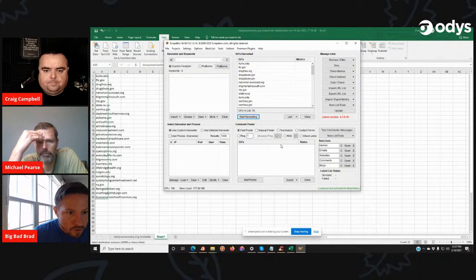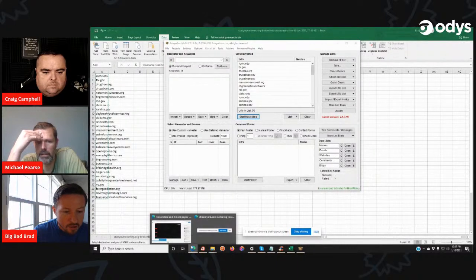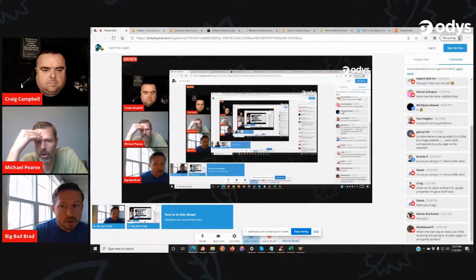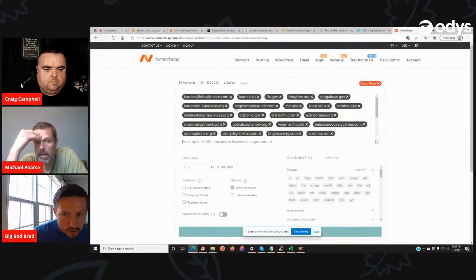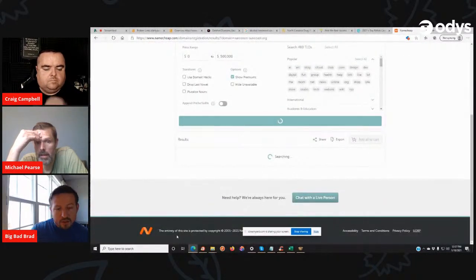All right, so we'll take these, and you can check it in Scrapebox as well, but I mentioned beast mode anyway, so yeah, doing it over in the UI is better than doing it in the desktop software for him. So we're going to go generate and see what's available.